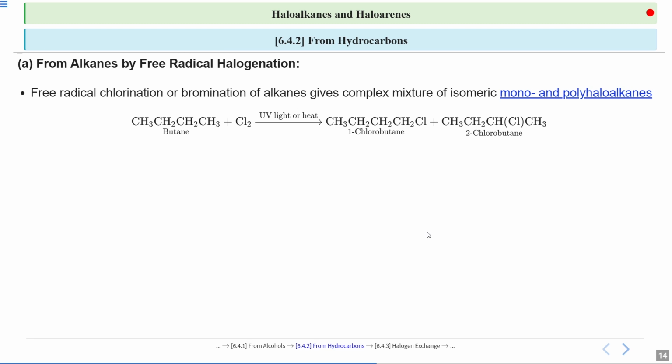Then that alkyl free radical that we just got is going to react with the chlorine gas Cl2 again, and you are going to get the alkyl chloride and one chlorine free radical. Then the last step includes the termination of the chain, where the free radicals of chlorine are going to bind together to form the chlorine molecule, and also two alkyl free radicals are going to combine together to give you